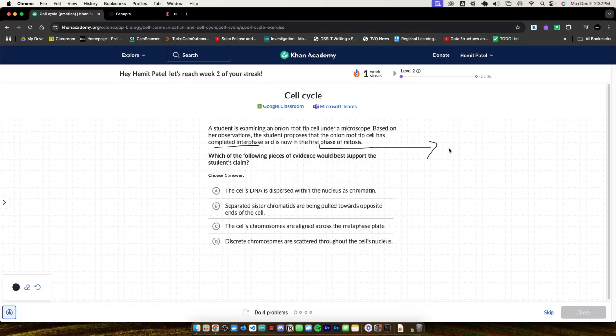The first phase of mitosis is also known as prophase. Prophase. All right. So, which of the following pieces of evidence would best support the student's claim? So, in prophase, some characteristics that are important